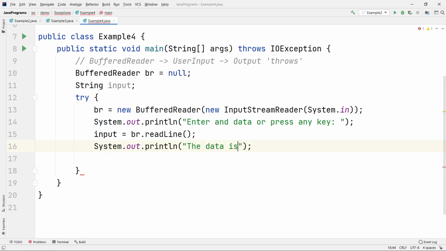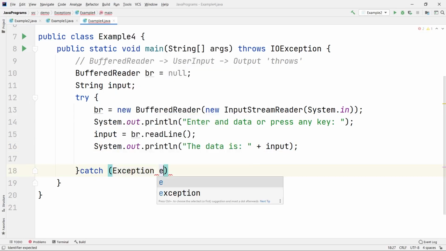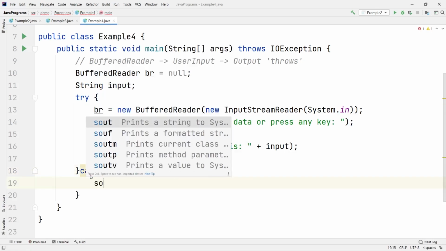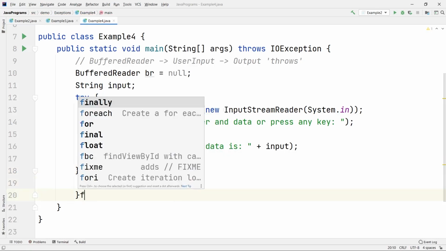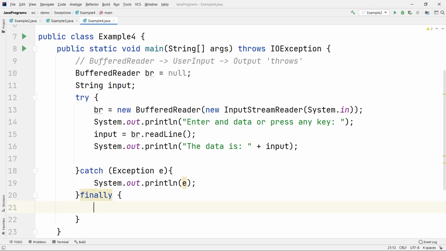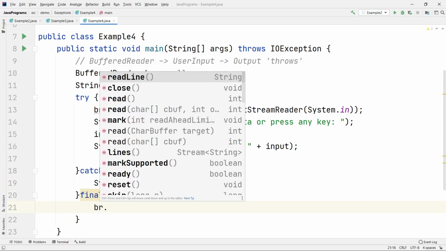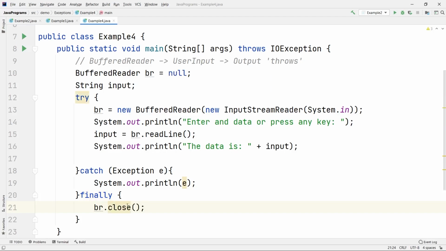The data is plus the input provided. Okay. If at all there is any input, or else it will just skip it like this. And here I will just say catch exception e, and then I will just print the exception. This is not mandatory, I'm just showing you the use. Okay, and finally in this finally block I will say bufferedReader.close, because we have to close the